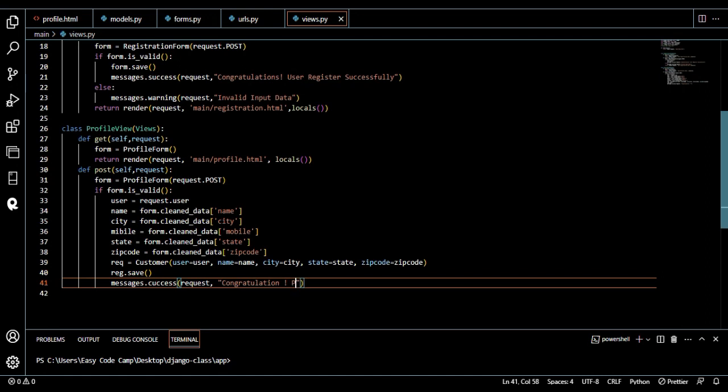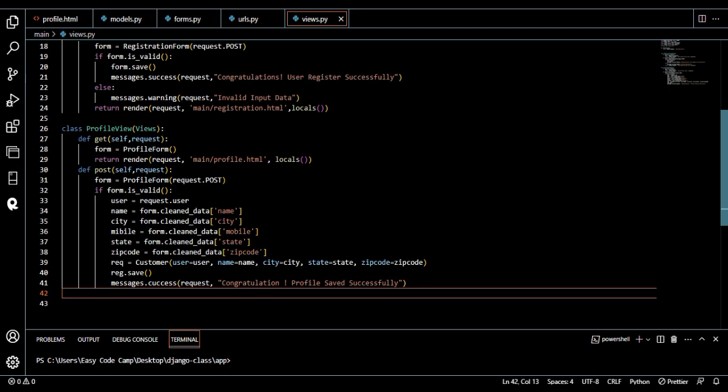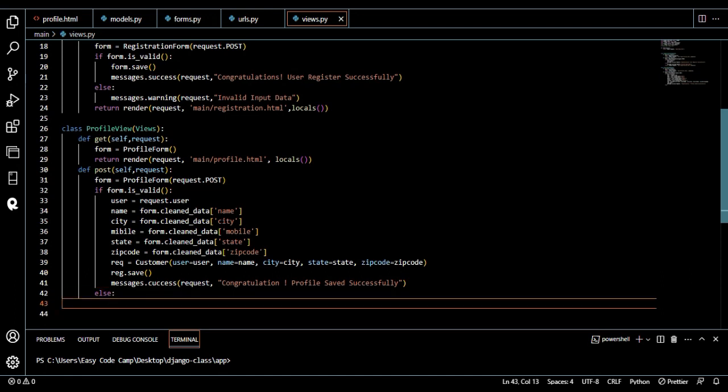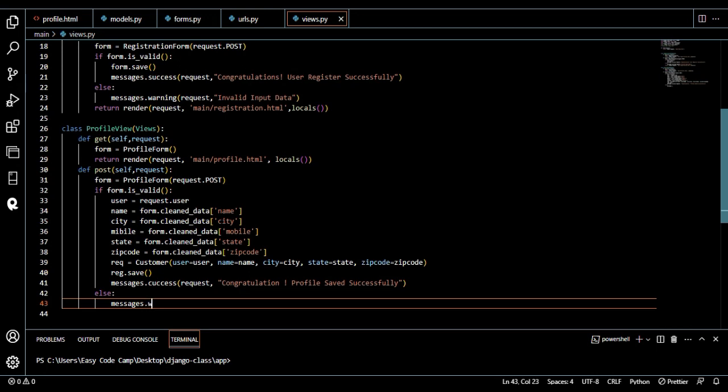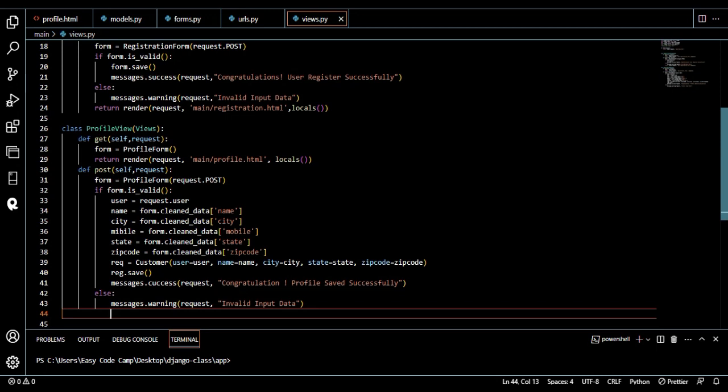So profile saved successfully. So if we receive this, otherwise we can get a warning message. You can write message dot warning. So about this request parameter, you can add invalid input data. So after that you should return to